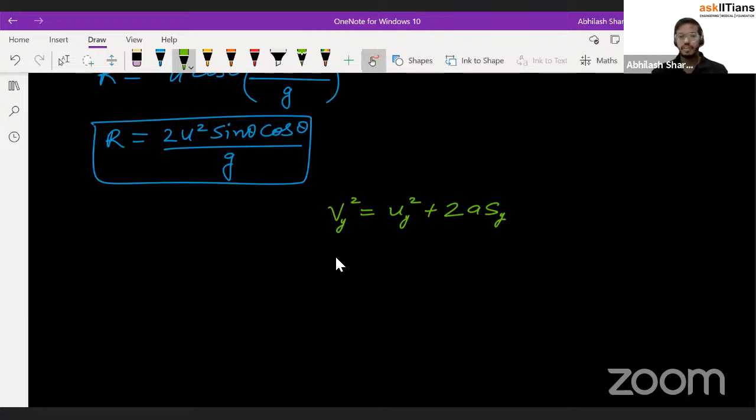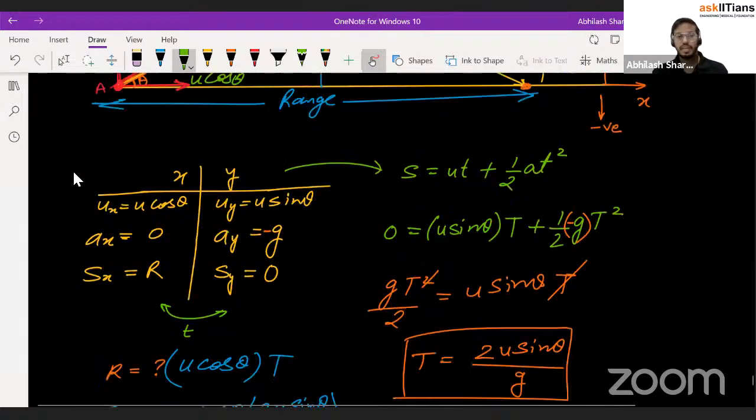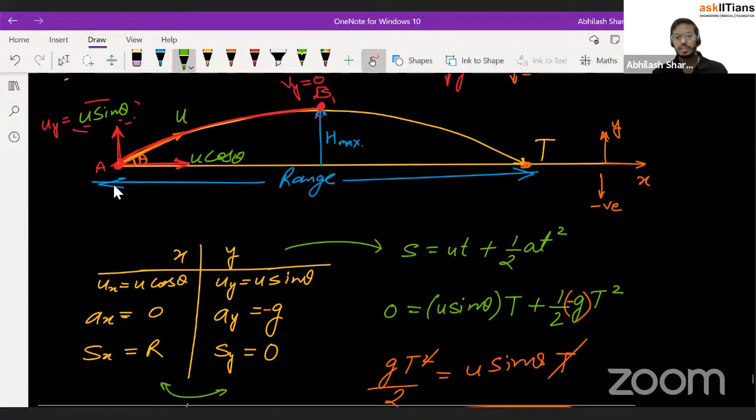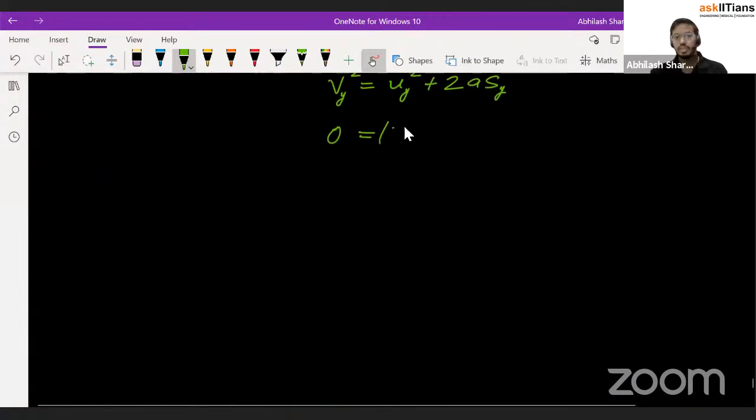What is the final y velocity? 0. What is the initial y velocity? At the starting point A, speed was u sine theta. Finally, it was 0, but initially it was u sine theta. So (u sine theta) squared